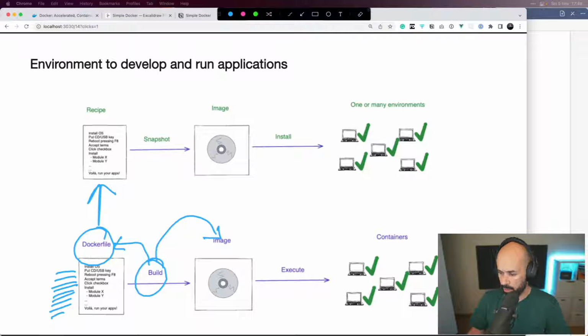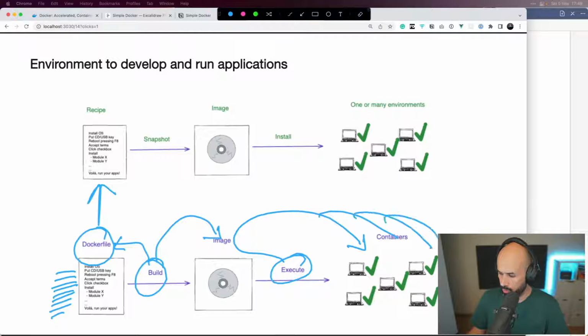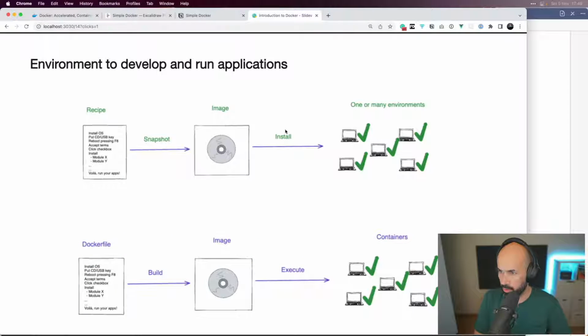And this image, if we then execute it, we get one or more containers running. And that's it. Hopefully, I will just check the next slide. Yeah. And right now, I will stop here and let's get our hands dirty and see this stuff working.